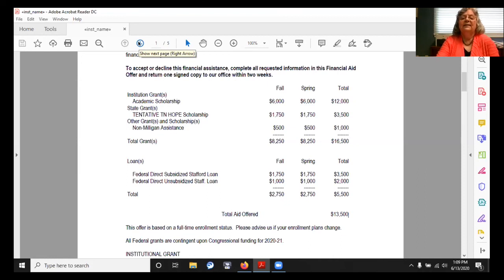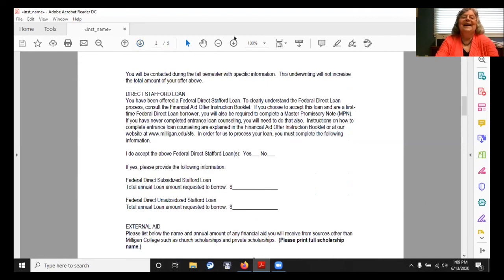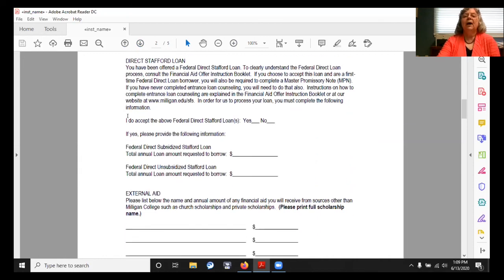Then when we go to the second page, this is where the student will actually tell us, and we do require this. This is the student's notification to our office that they are either accepting or declining the Stafford loan. And we're always glad when students can decline the loan, and all they have to do there is just say no. However, if they do intend to accept any portion of the loan, they should answer that question as yes,